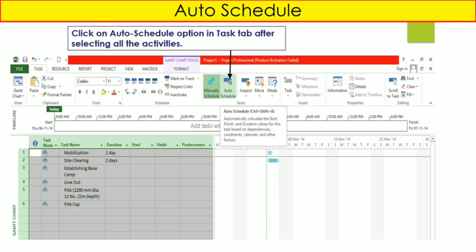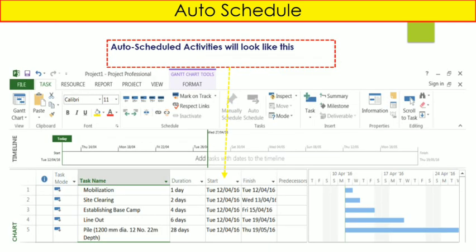Click on the auto schedule option in the task tab after selecting all the activities, so you can maintain the automatic calculation of the start, finish and duration values, which will be calculated automatically by MS Project. After clicking this auto schedule tab, you can see that auto scheduled activities will look like this. So start and finish activities or start and finish durations will look like this in those particular units.